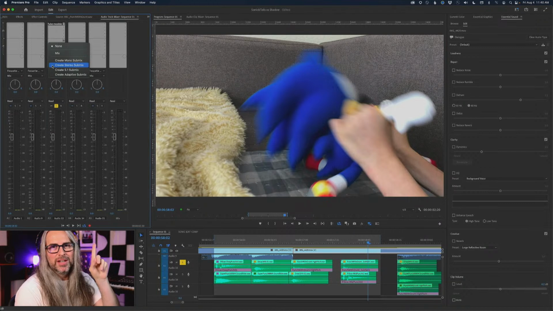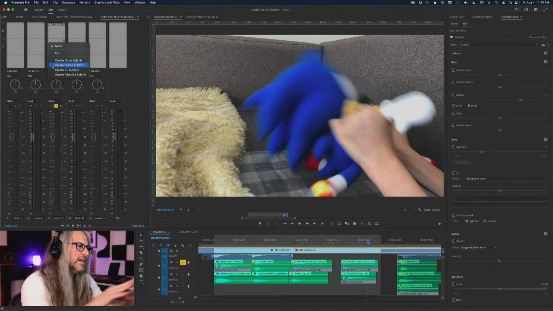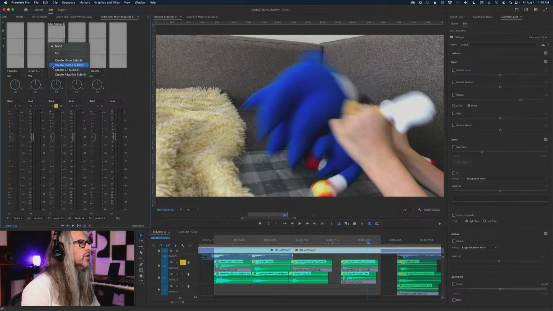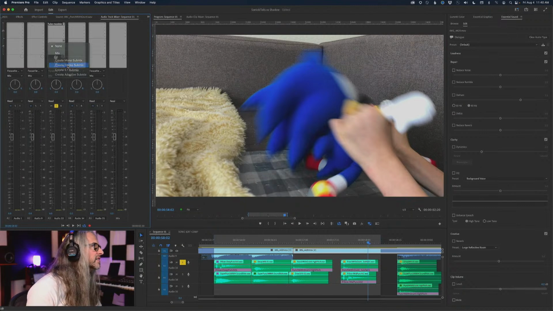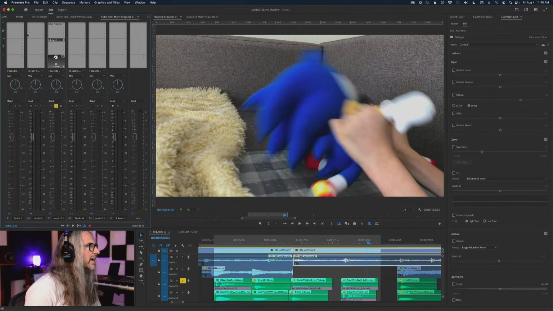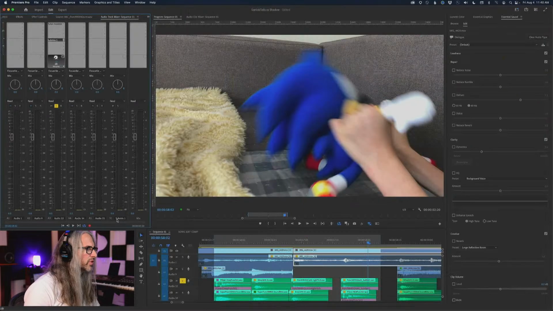I showed my son how to do pans so that, if it punched left to right, you kind of felt the punches move. This is the pre-done version, so it doesn't have that. Case in point, we're going to use a stereo submix, okay? And when you do that, you'll see it creates the submix, and then it creates one down here in the track mixer, which we're going to call,